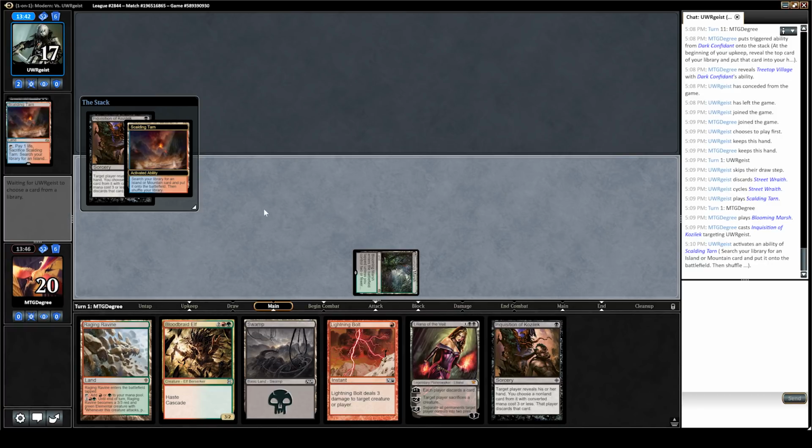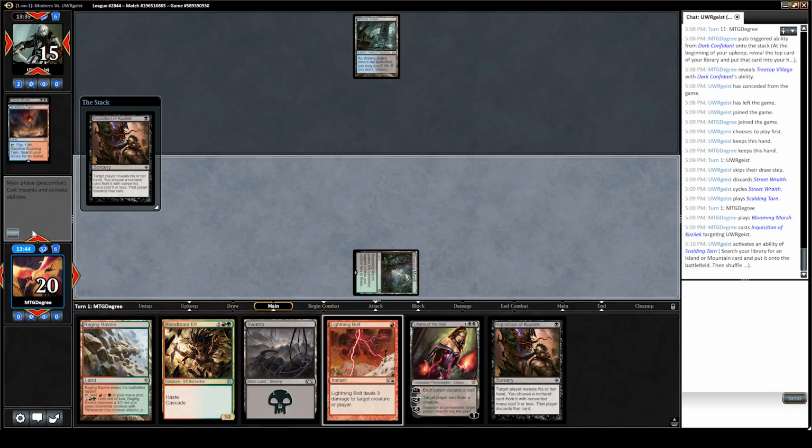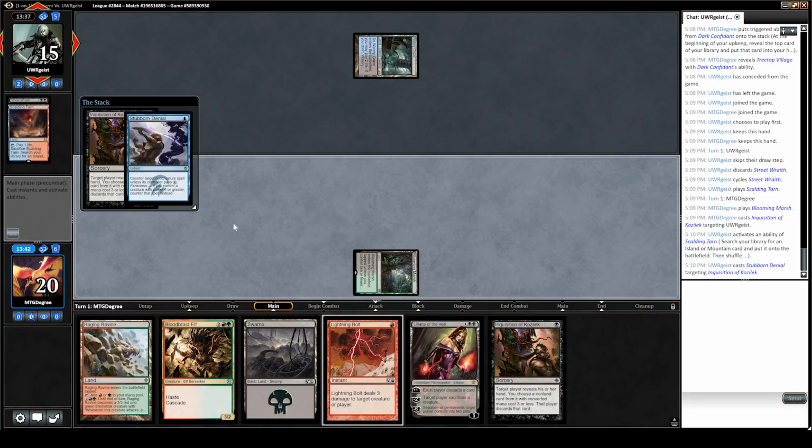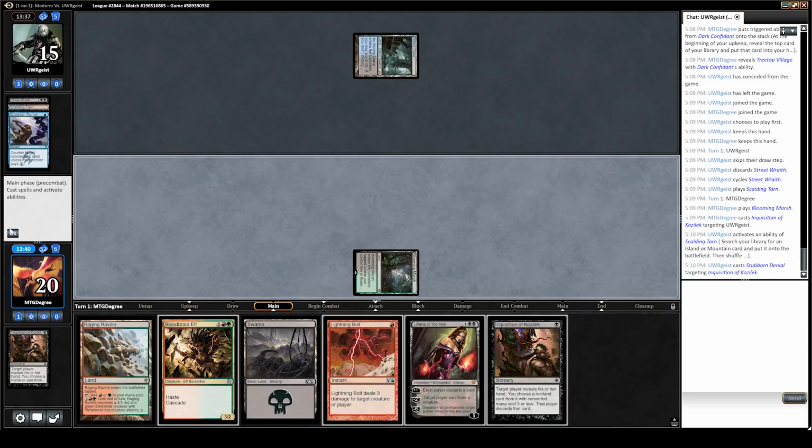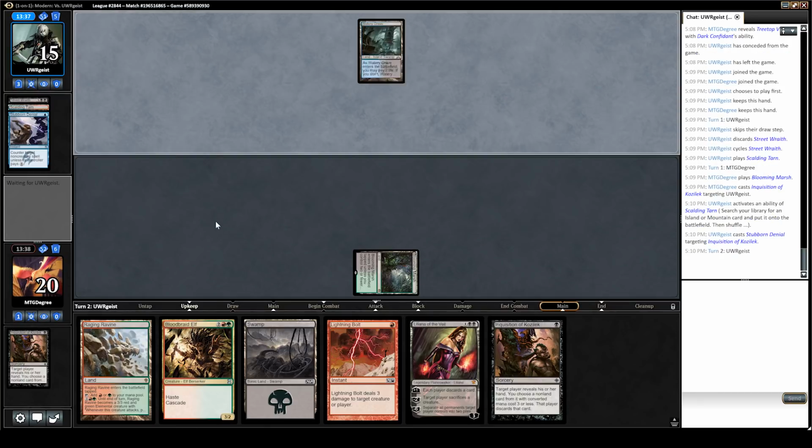This is a stubborn denial. That is totally fine with me. Now it doesn't get used on Liliana. And we're just going to cast another Inquisition next turn anyway. They usually don't have a bunch of crazy 2-drops that I'd be afraid of, so...